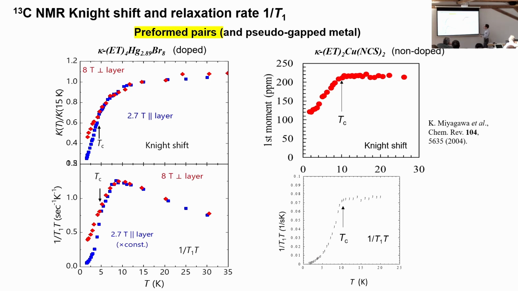And this is the 1 over T1T. TC is about 4 or 5 Kelvin, but 1 over T1T starts to decrease around 8 Kelvin, roughly twice TC. Yeah. So one scenario for explaining this behavior is